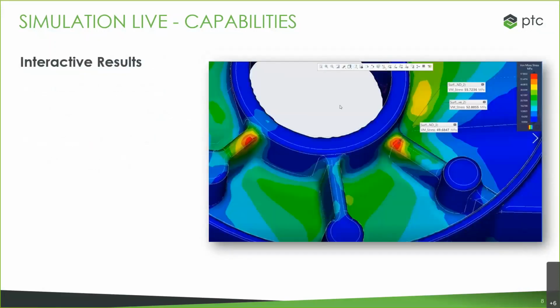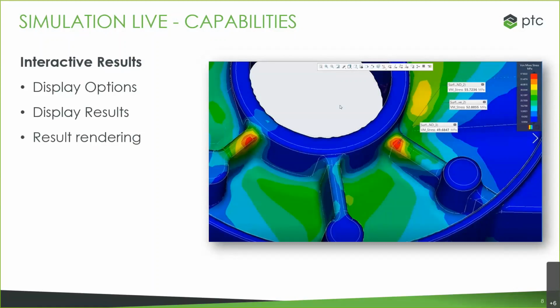And quickly touching on here is the results. These are really interactive. So once we're in the analysis, we have different display options available to us that we can alter for whatever our use case might be. Then depending on the mode of analysis, we have different options for visualizing the results. For example, in a structural study, we could display deformation, von Mises stresses, principal stresses, and then the model visualization itself can be altered. And we can go through and show that as well, where you can view different surfaces,